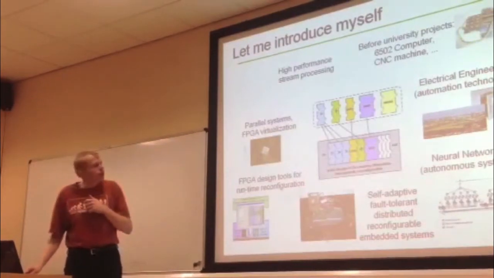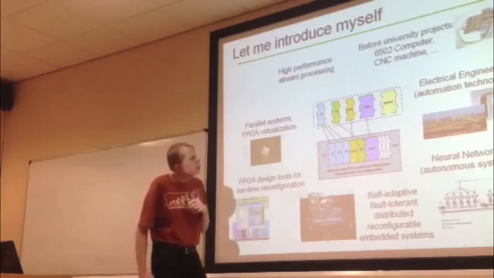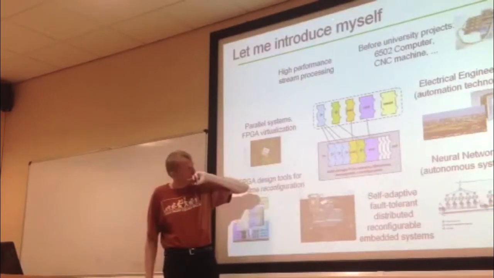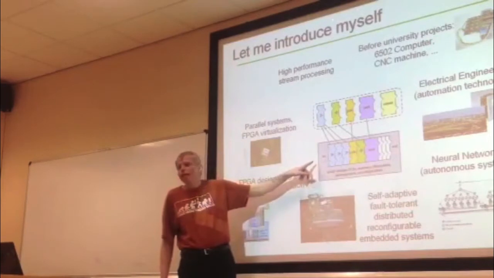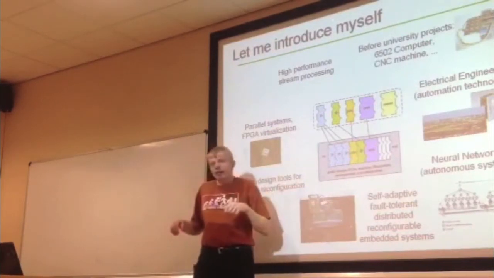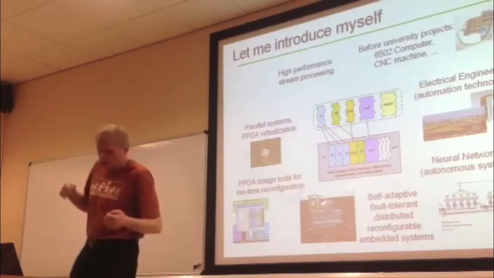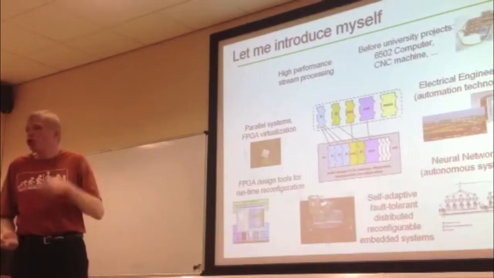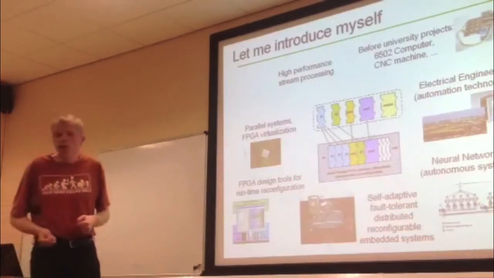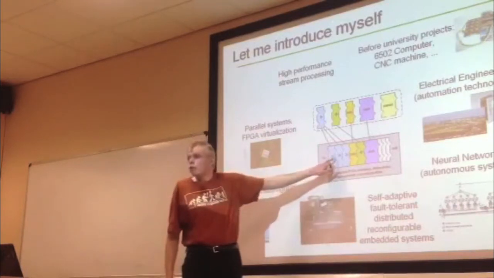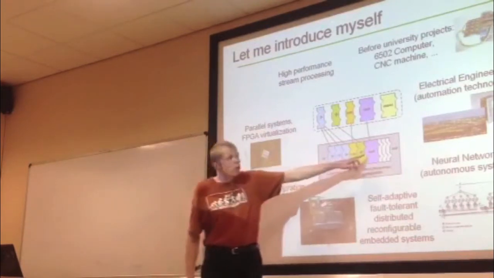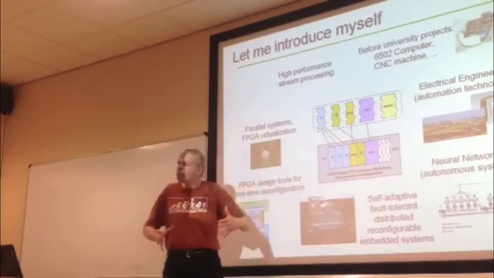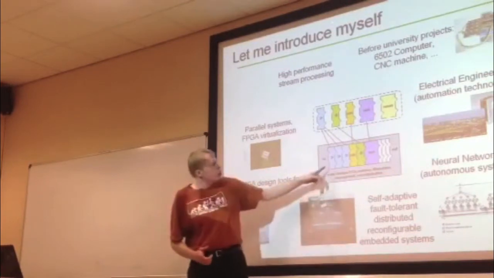And this is a thing I started some time ago, and I will continue here. This is high-performance stream processing. So this is an example of how you could consider doing database acceleration. If you have, let's say, a query to a database where you say, give me all records where name is John and age is larger than 42, then you have a string compare, you have an integer compare, maybe you want to sort the result. So each query represents basically a different data flow problem, and I want to compose this data flow dynamically by stitching